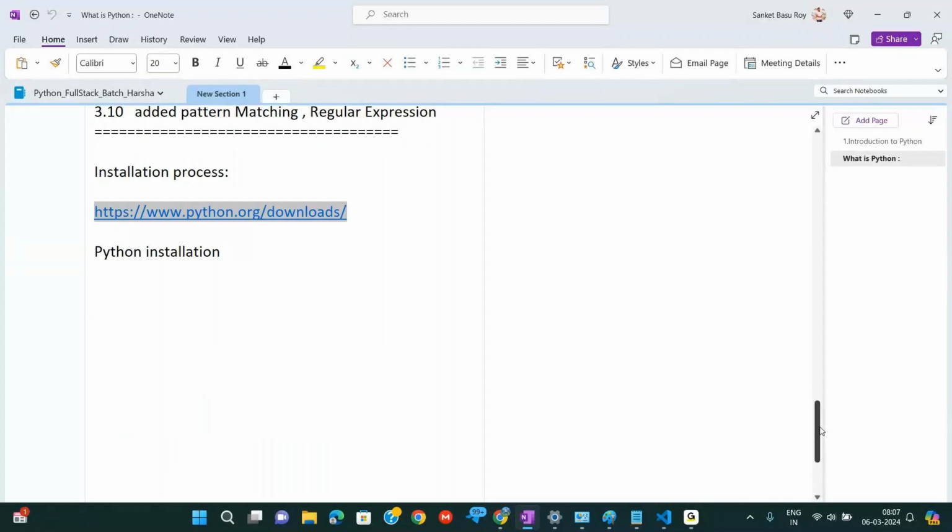So we have discussed what the features of Python are, and what the different versions were as Python evolved. That we have also discussed. Now, today we need to discuss